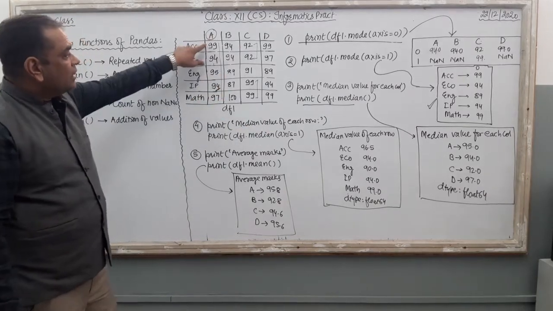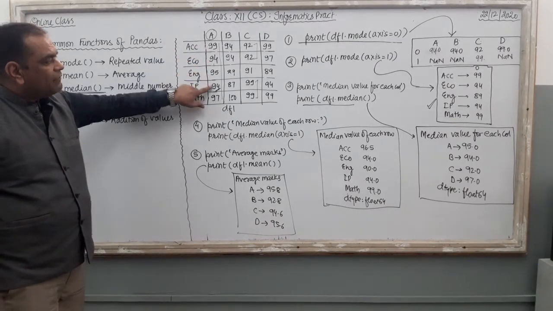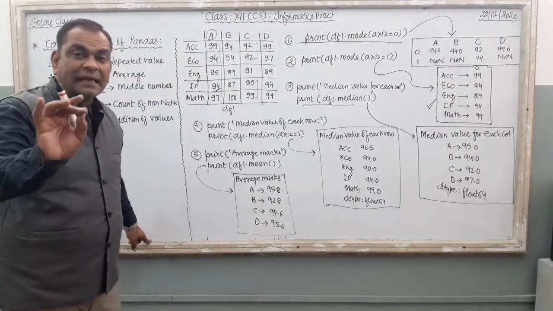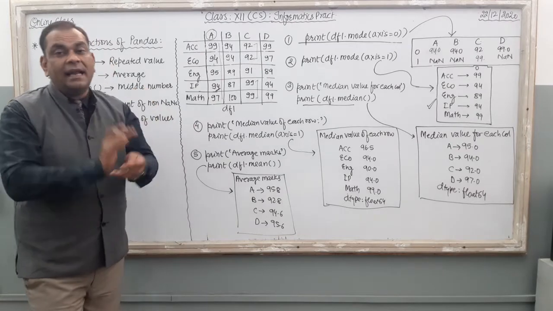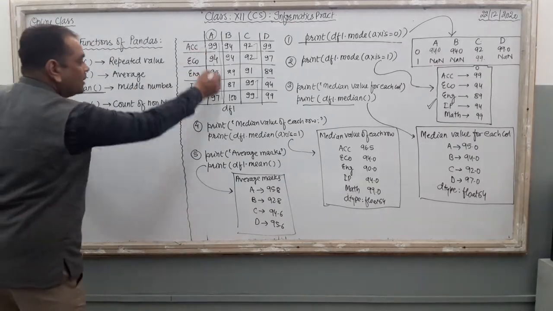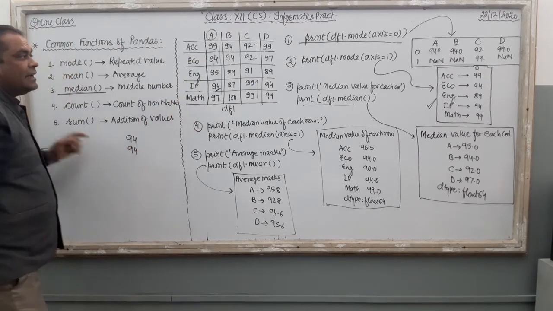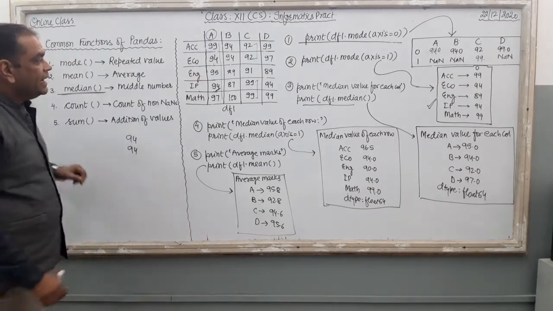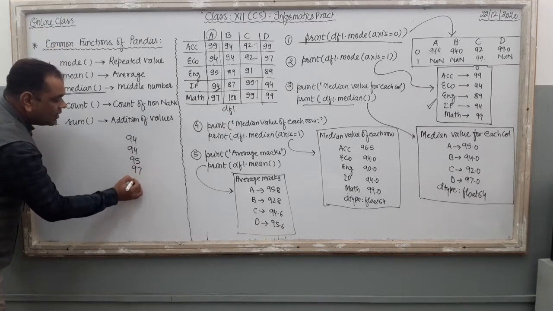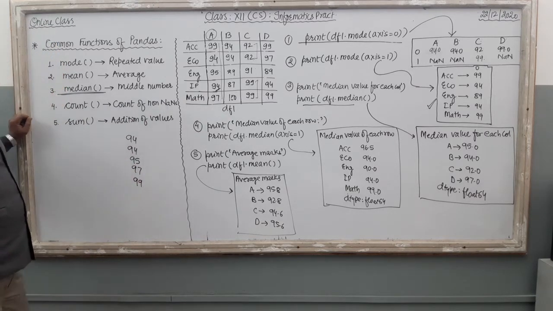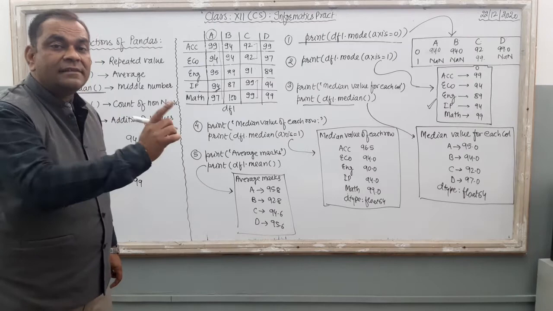So for median, very first take the column A. Different values are there: 99, 94, 95, 94, 97. Your first task is to arrange the values of this column in ascending order. So what is the ascending order here? The smallest value is at the beginning, 94. Then again 94, we are taking the values of column A. Then here it is 95. And then the next value is 97, then the last one is 99. Right? Our first work is to arrange the values of the column in ascending order. Right?